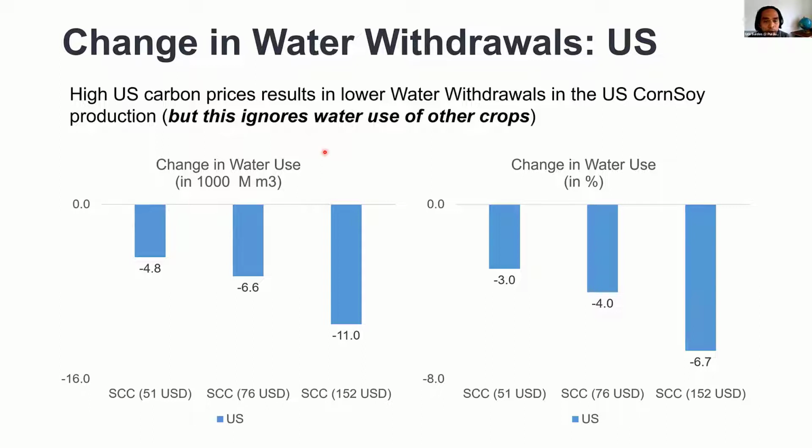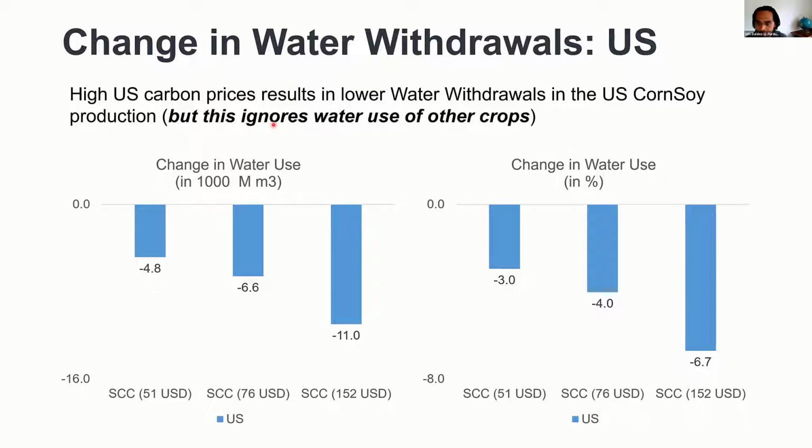Now, we're also reporting changes in water withdrawals in the US. And similar to what we're seeing here in the nitrogen leaching, because the cost of producing crops in the US would be much higher with these carbon pricing policies, there's a tendency to actually reduce the change in water use, at least for the corn soy production. So up to around 7%. So there could be some co-benefits in terms of